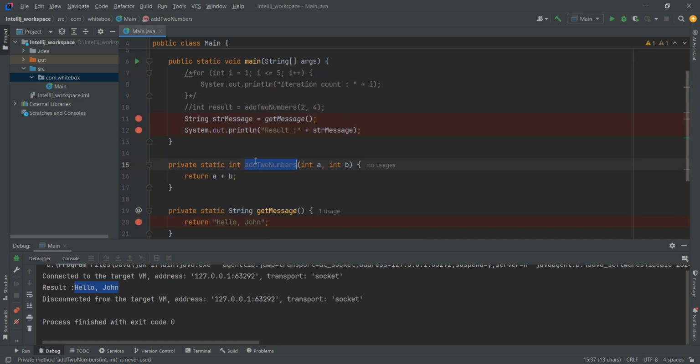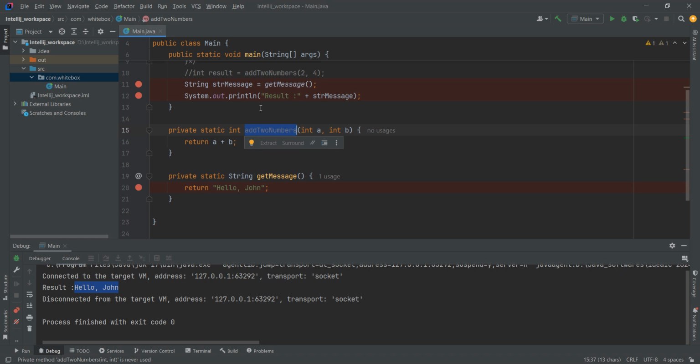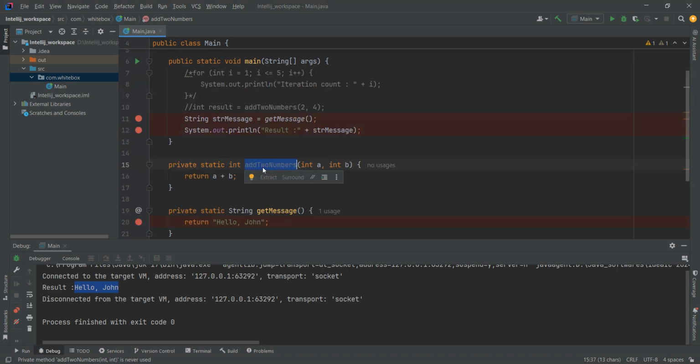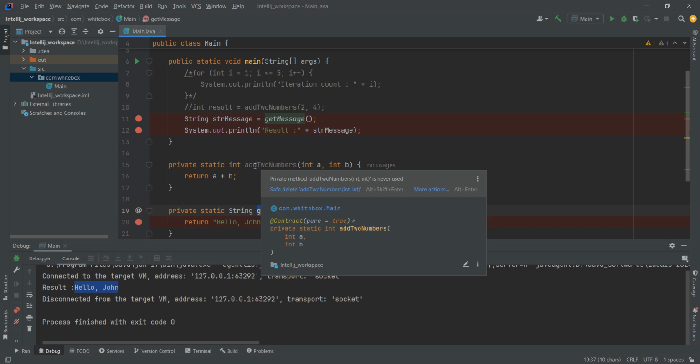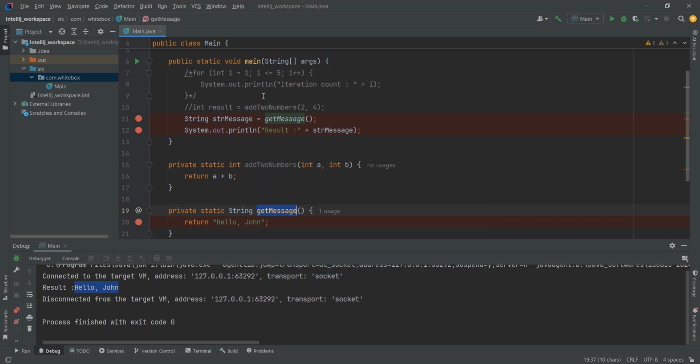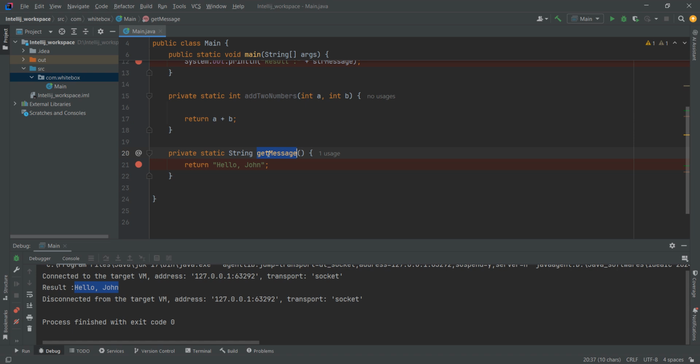So far we saw calling any of these methods individually directly from the main method, but here I'll show how this get message method will be called from another private method called add two numbers instead of from the main method, right? Yeah, let's say in this add two numbers, let me call